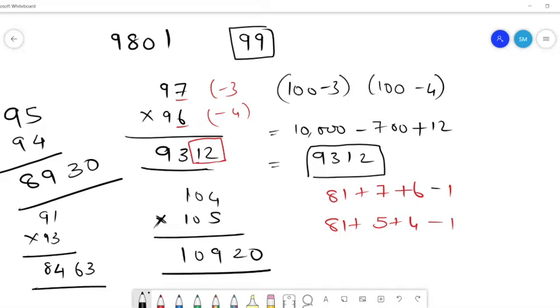Wonderful, wonderful. This is an unexpected one. If anyone comes up with any counter examples, please let me know. For 104 into 105, I think whichever rule was suggested by Gauri ma'am is not working. So she is saying that for numbers less than 100, this rule is working. For greater than 100, we need to figure out.